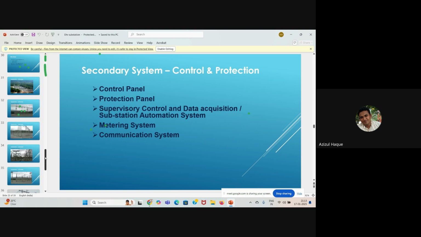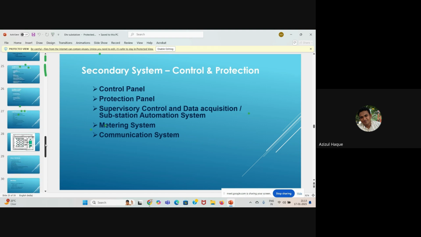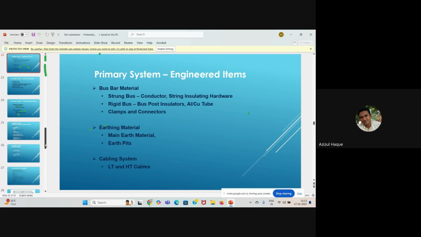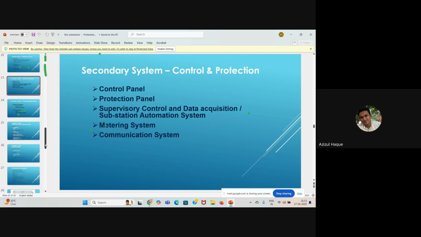So there are so many slides. Okay, I'll finish it quickly. Let us go back to the position secondary system. Control and protection. Next,